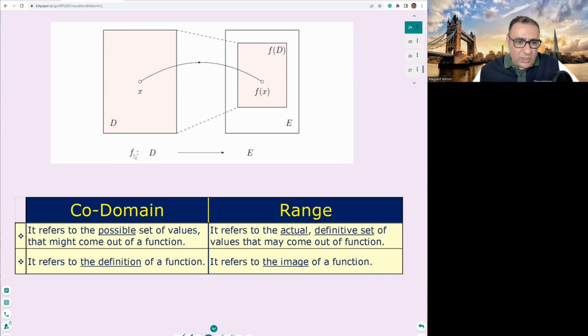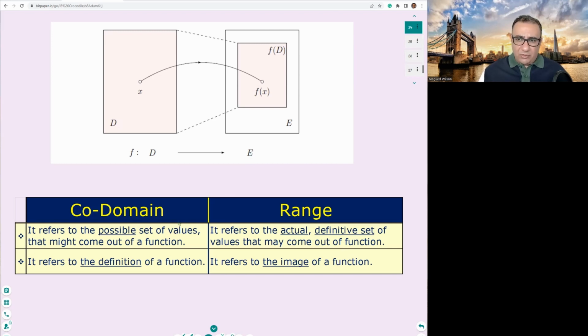And sometimes we see this notation of the functions. We say f, colon, and then D, let's say a set, right? And then a small arrow, and then into E, another big set. So this set here is called the domain, and that set E is actually called the codomain. The codomain. By definition, a codomain refers to all the possible